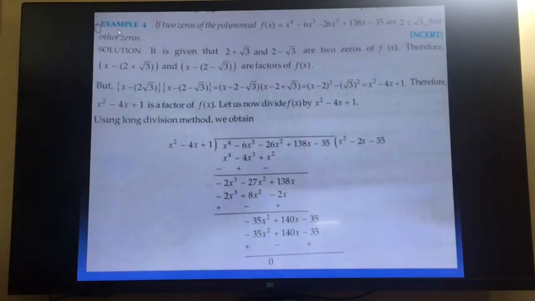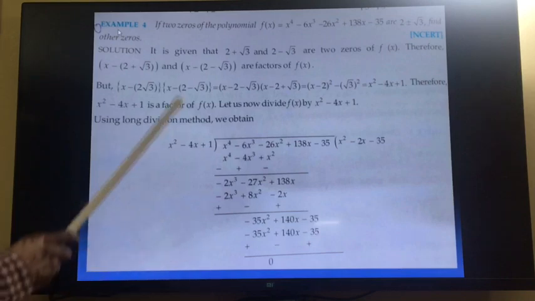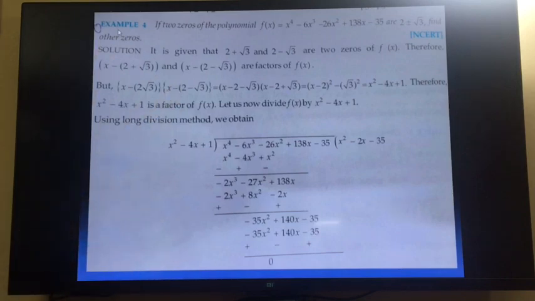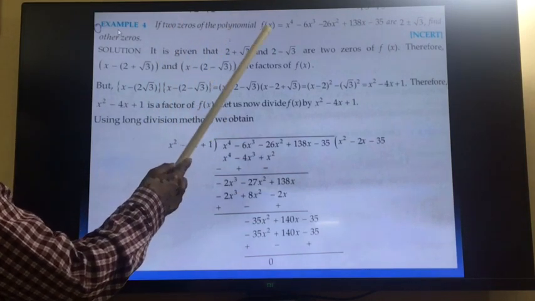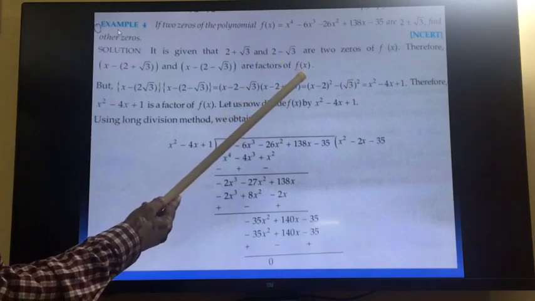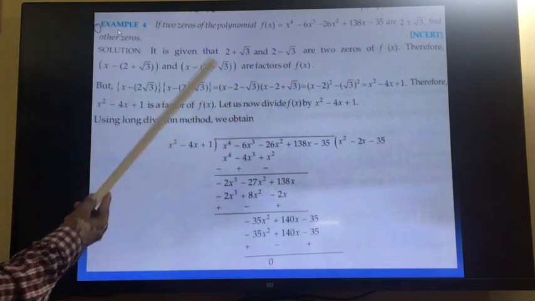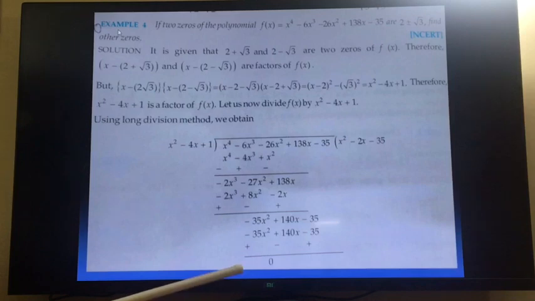Now you see this question, this is from the miscellaneous exercise of your textbook. It is also a difficult question and this came last year in the compartment exam. In this case you have to find out the zeros of the polynomial, and one question of this type will come, it will be of 3 marks. So do a good practice of this, do at least 5 questions of this type in your notebook.